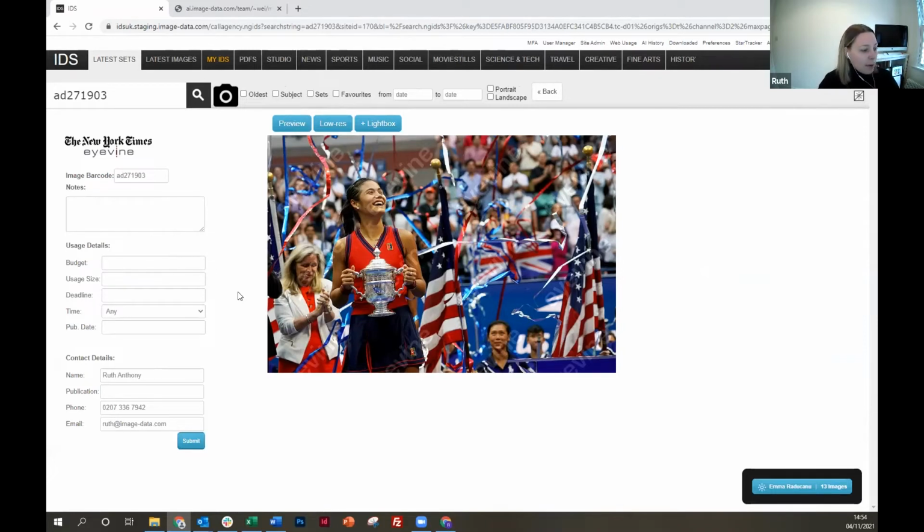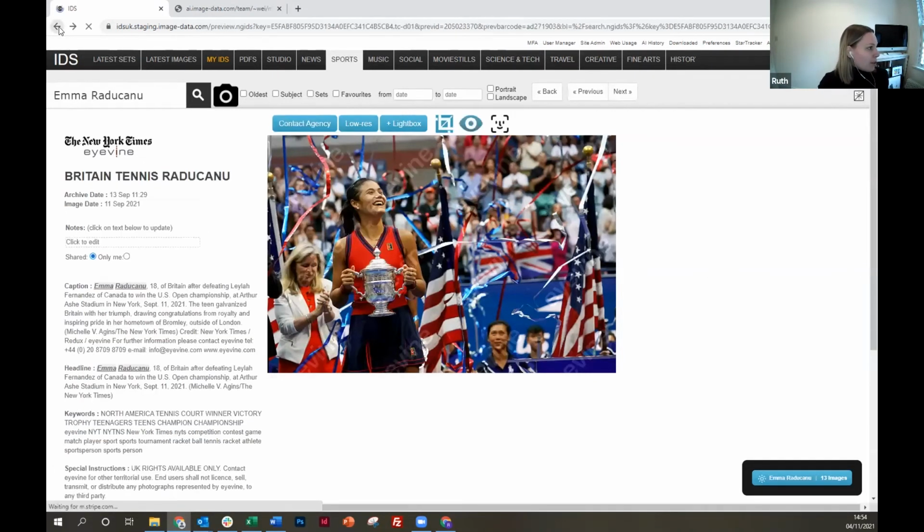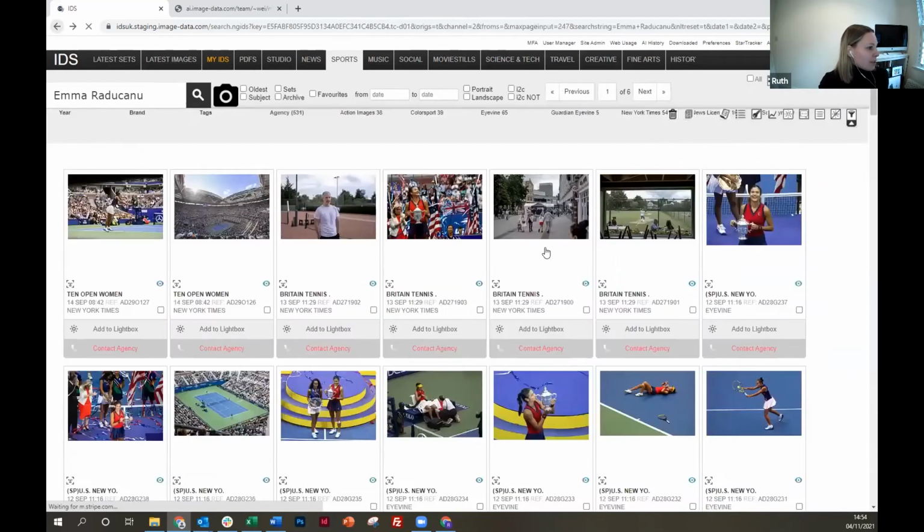So then obviously when we have that agreement from the agency to use the content, we need to be sure that we record all of those rights, as Greg has demonstrated, so that we can remain compliant with our agreement for the usage of this image. But now let's just go back to look at our results of Emma Raducanu,